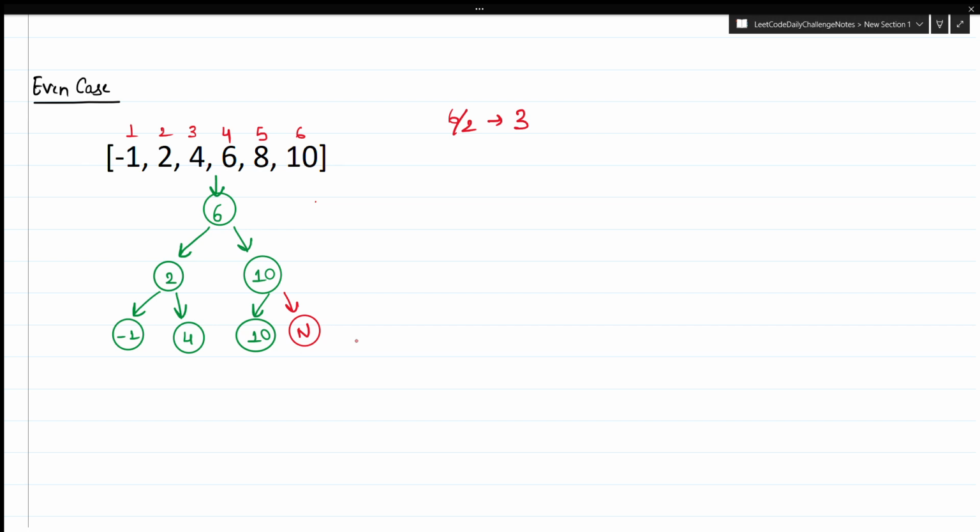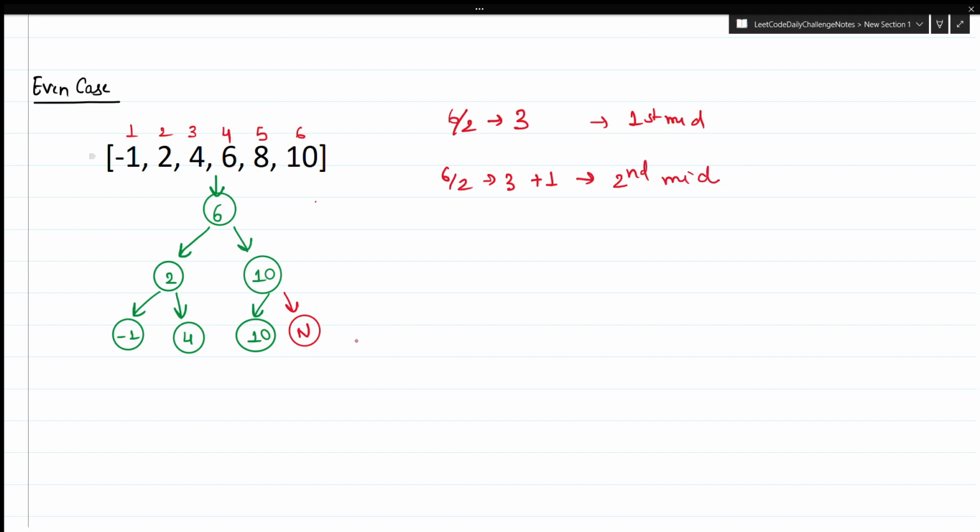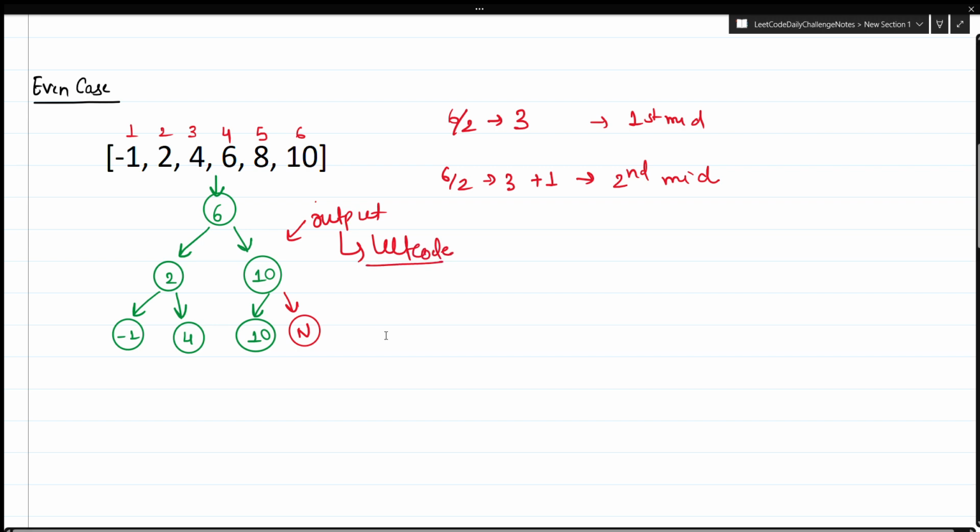So 3 plus 1th element. Okay, so 6 by 2 is 3, and I need the second mid. This is my first mid. Let me remove this, and this is my second mid. Okay, so 3 plus 1 is 4, 4 को बना दिया और 6 को बना दिया मैंने रूट, और बाकी सारे एलिमेंट्स को अरेंज किया, वो बताऊंगा मैं कैसे अरेंज किया। ये आउटपुट आया था मेरे को लीड कोड से, मैंने खुद से नहीं बनाया।